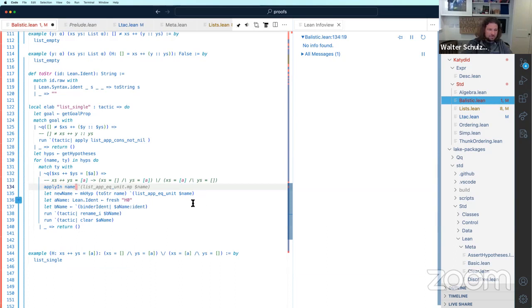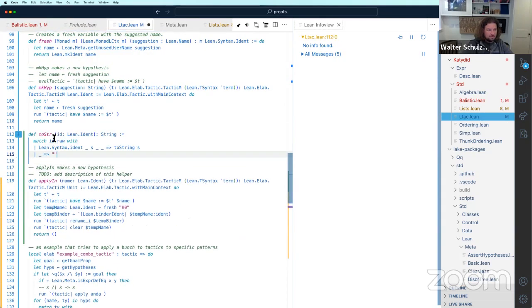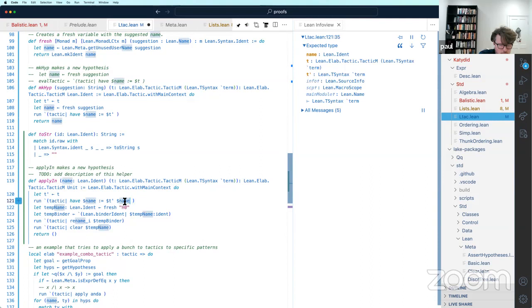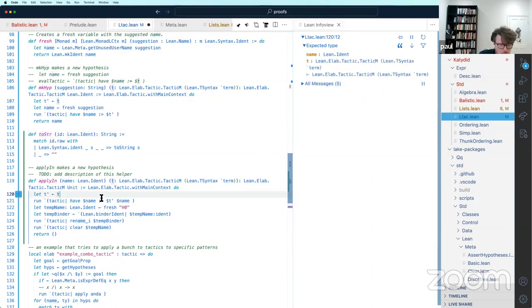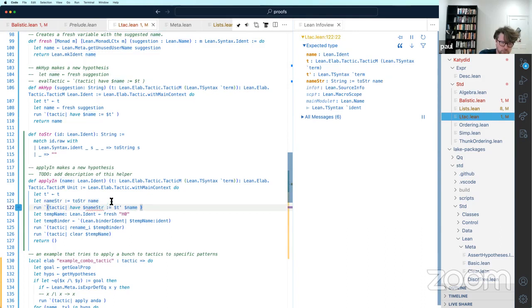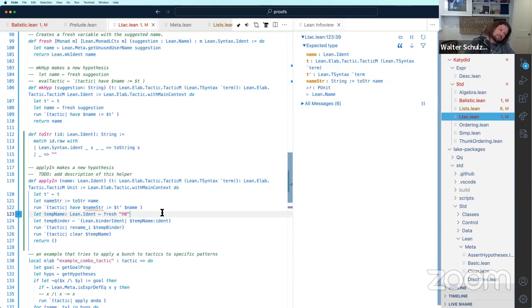Ooh, did we need toString? I feel like we definitely still need toString here. Why do we use it? Oh, right, I see. Apparently not.